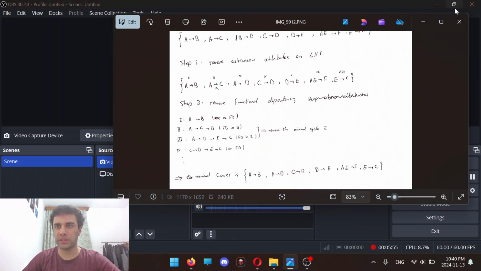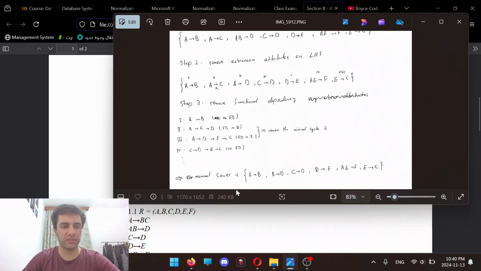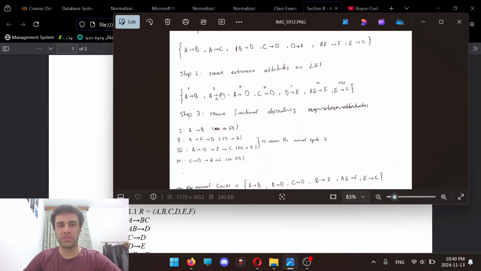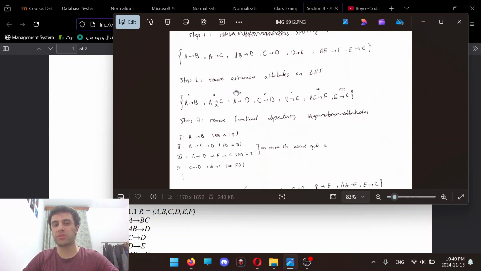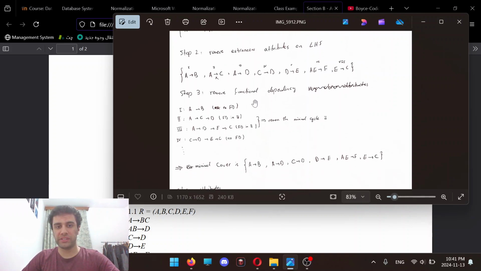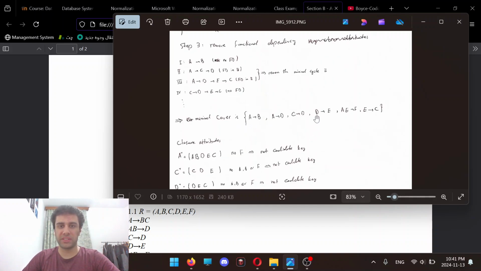Moving on with our questions. We took these three steps that lead to the minimal cover. After all this, we basically reached the minimal cover, which is made of these five components. Now moving on to the closure of attributes, we take every single relationship that we have,